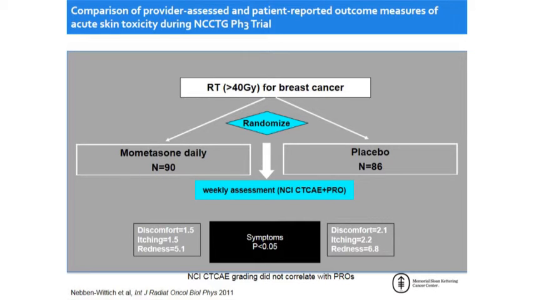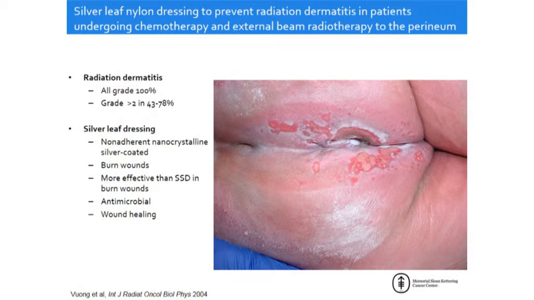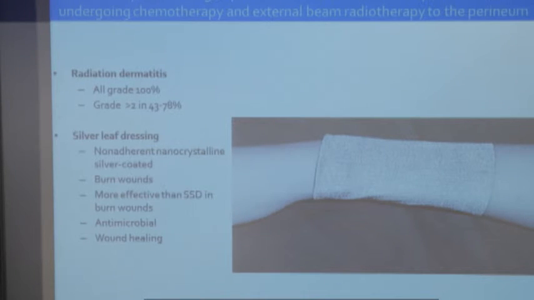the placebo-treated arm. So in summary, the only topical agents that have shown benefit for the prevention of acute radiation dermatitis are topical steroids of high potency applied daily. For anal cancer, on the other hand, topical steroids have not been tried, and this is unfortunate because, as you may know, 100% of patients that are treated for anal cancers develop radiation dermatitis, which is grade 2 or worse in 43 to 78%. So these investigators conducted a study using this topical dressing, which contains non-adherent nanocrystalline